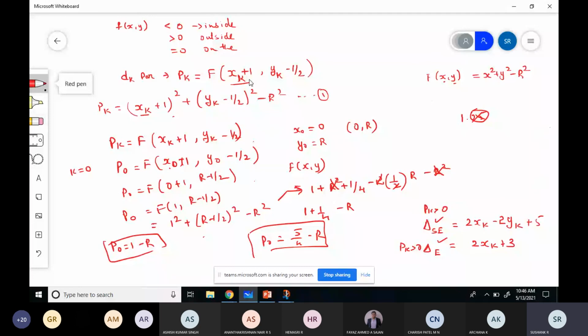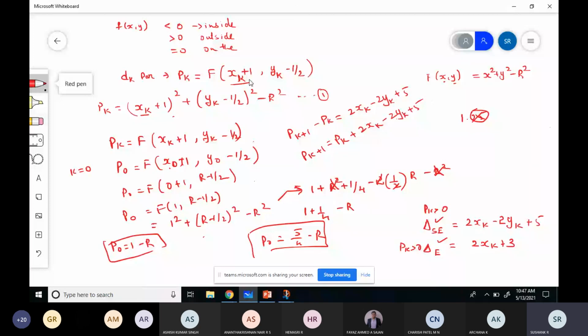So this SE can also be written like this. So that is a difference now. P of k plus 1 minus p_k is equal to 2 times x_k minus 2 times y_k plus 5. So it can be p_k plus 1 is equal to p_k plus 2 times x. I'm just shifting. I'll tell why I'm using this line in the next class. In the next class I will explain these steps and we will solve one problem.